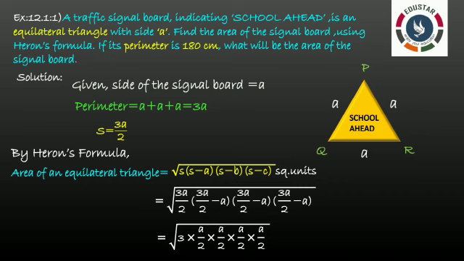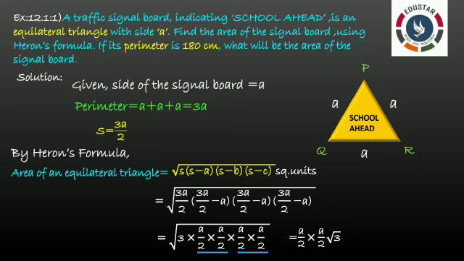See guys, here I have written the first term 3A by 2 as 3 into A by 2. And next we are having A by 2 into A by 2 into A by 2. See this step clearly. We are having A by 2 into A by 2 and again we are having A by 2 into A by 2. So what will be our next step? A by 2 into A by 2 into root 3.